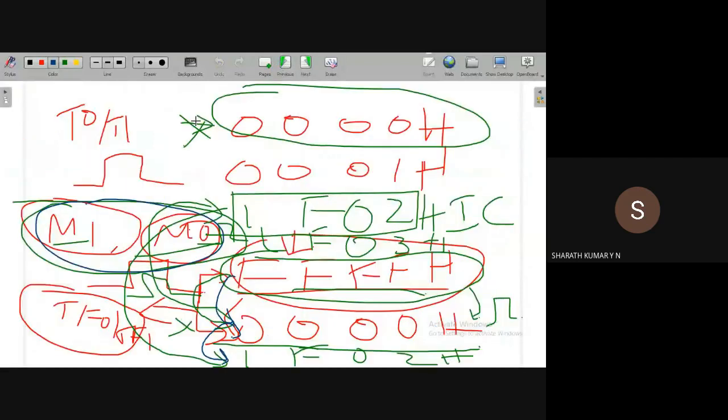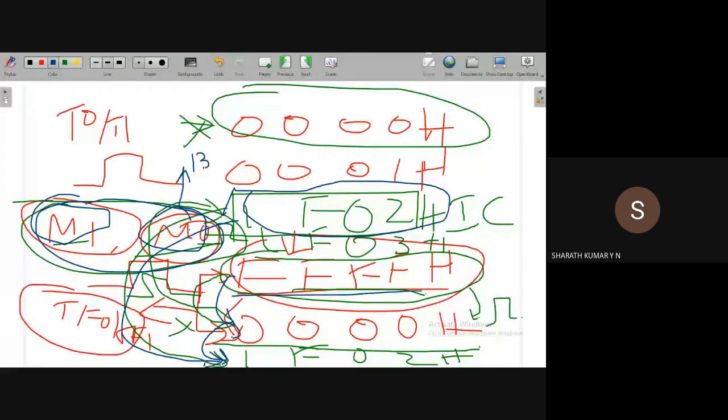Whereas in the case of mode 1, the advantage is that it is a 16-bit timer. Even mode 0 is better, being a 13-bit timer. But there is no auto-reload mode. Each time we want to start with some other count, we have to initialize the timer each time the timer reaches the final count. Because when it reaches the final count, on the application of the next clock pulse, whether we like it or not, it goes to 0000. This we cannot prevent.